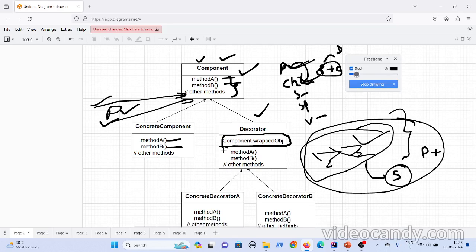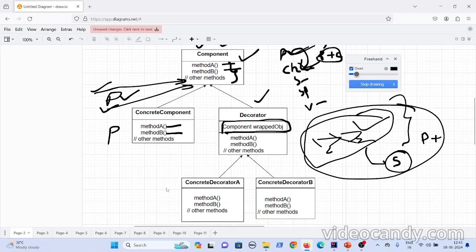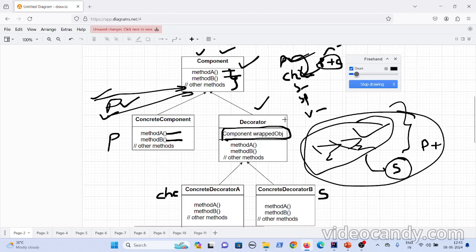Now, if you see here, initially you create a component pizza, okay? And you have all these decorators. Let's say one concrete decorator is the cheese burst and here it is a sauce. Now, it also has a component. So, for the first time, when you created the pizza, you don't have any decorator. What you will do is you will just create a component. Component pizza equal to new concrete component, new mushroom pizza. So you will have some cost.